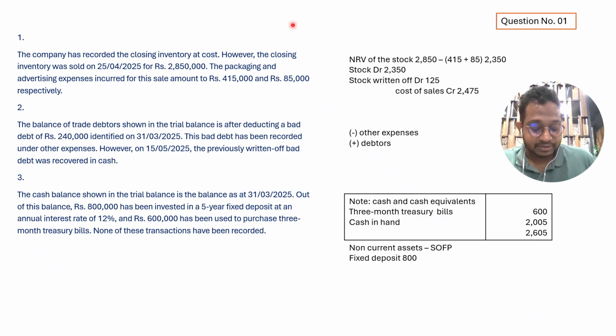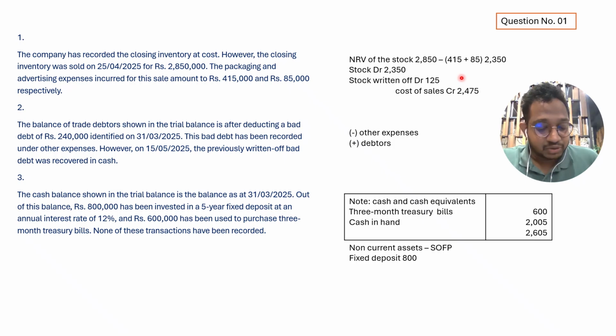So this closing stock sale happened before that, which means you can adjust for this year's financial statements, but that doesn't mean you can record it as a sale, right? You have to get the NRV, net realizable value, from that. So how do you find the net realizable value? The estimated sales value, which here you know is the actual sales value. From that you have to minus the other expenses or selling expenses. So NRV is 2,850 minus 415 and 85. So the net realizable value of the closing stock is